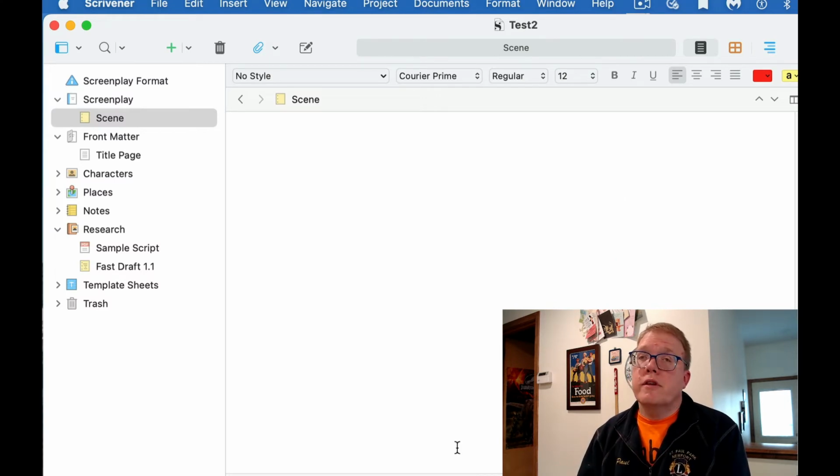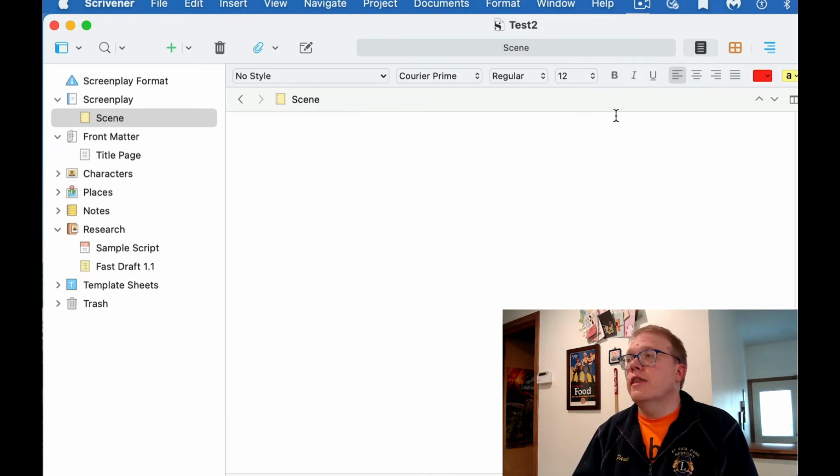Now, for simplicity's sake, as I did this, I actually forgot my draft that I was working on. I didn't have a paper copy, so I ended up importing it into the document, which is our fast screenplay draft 1.1. I know it's a very original title, isn't it? So the nice thing about this, though, is I put it under the research section,